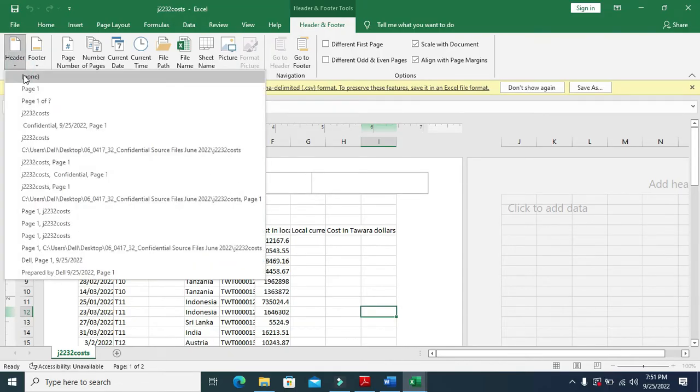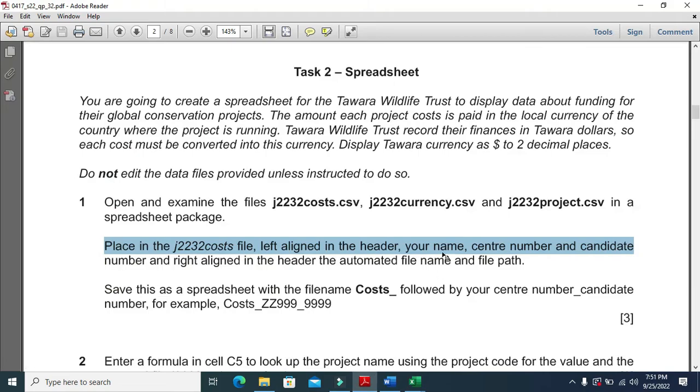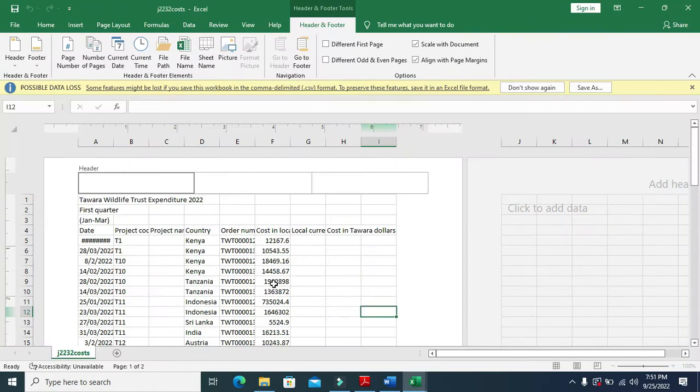So include a header here. Okay, so you can just select the header. So as they have mentioned already, you need to have your name, center number, candidate number, left aligned. So your name, then center number and then candidate number,